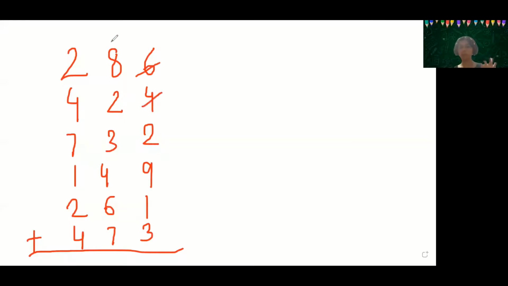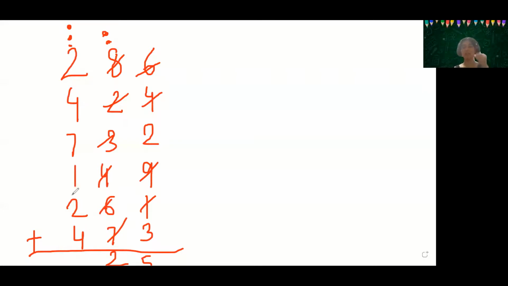6 and 4 is 10. Cut them, put a dot. 9 and 1 is 10. Put the dot. Now what is remaining? 2 plus 3, 5. Now see here. Any friend is getting? Are you getting any friend? Let us see. 8 and 2 is 10. Immediately put the dot. Any other friend? Yes. 6 and 4 is 10. Immediately put the dot. Any other friend? Yes. 7 and 3 is 10. Immediately put the dot. Now how many dots are remaining? 2 dots. So write the 2 dots here.